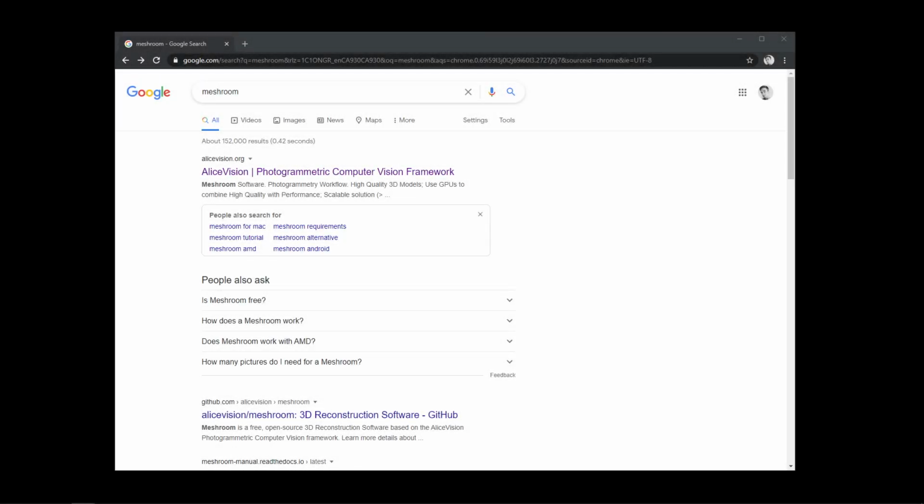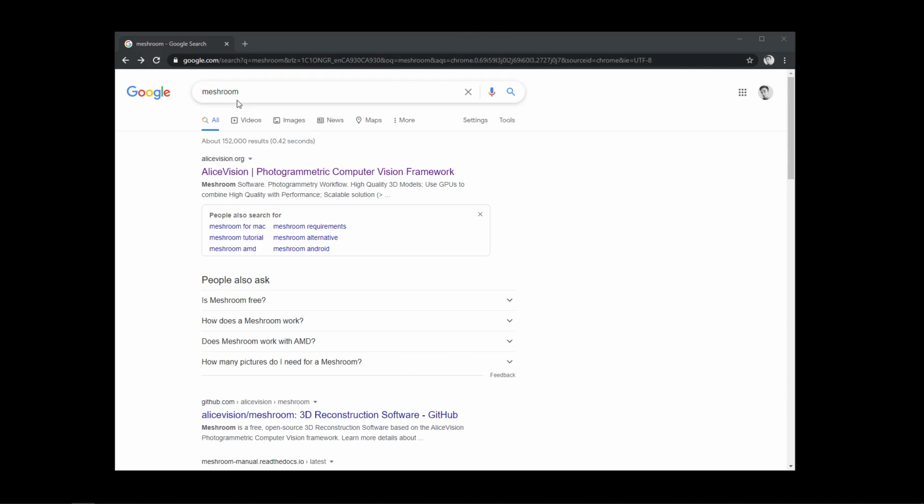All right, well, welcome to another tutorial where we'll be doing some photogrammetry work. We'll just do a quick photo scan of a nature asset. So I'm going to use just a log that I found in a forest. We'll take a look at that photo set in just a second here, but we will be using a program